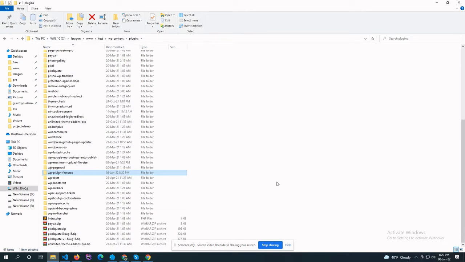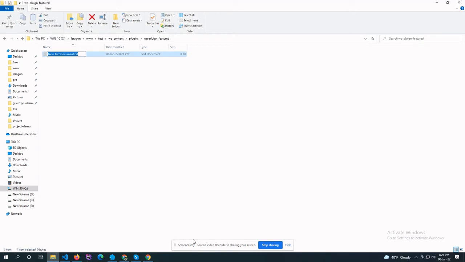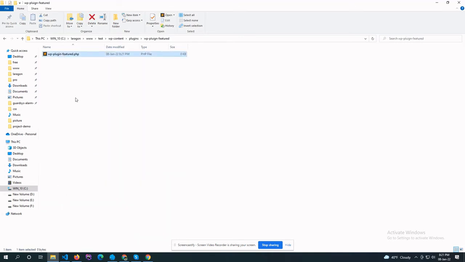I have created a folder named WP plugin featured, and written a file named WP plugin featured.php. The plugin folder and the plugin main file should have the same name. It is the best practice.